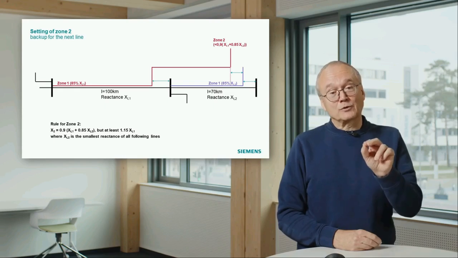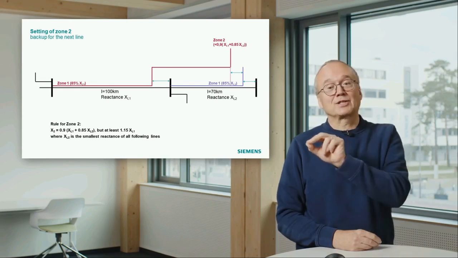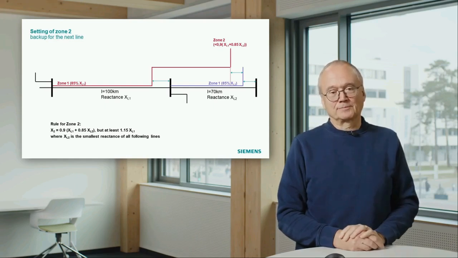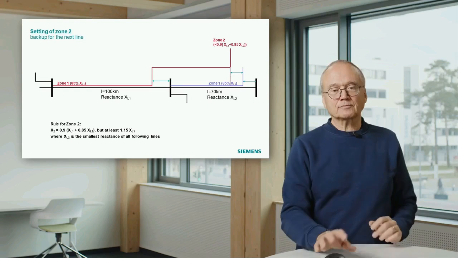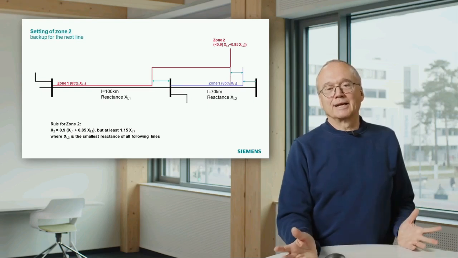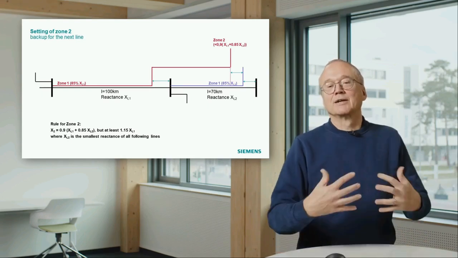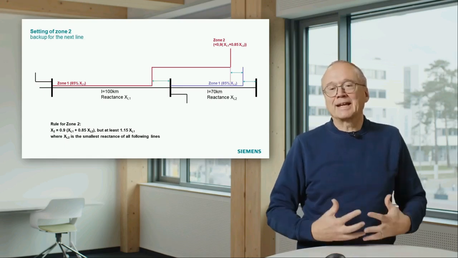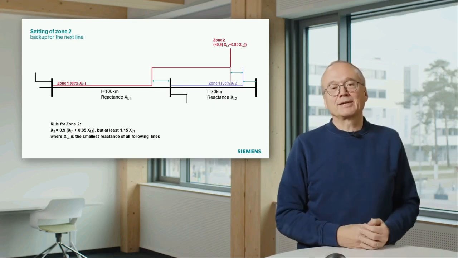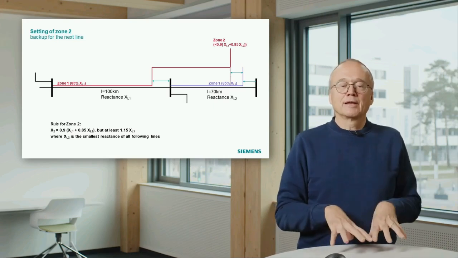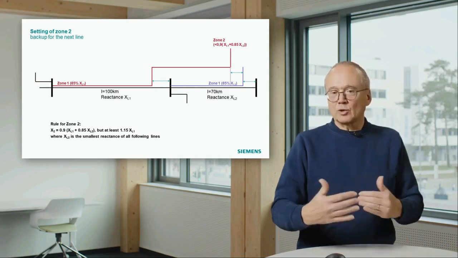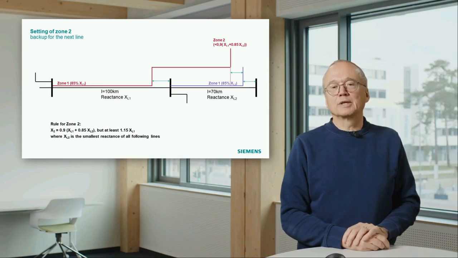And there you have to take the smallest next line, or the next line with the smallest resistance, or reactance, sorry. And you can imagine, if you want to do that calculation for a bigger system, again, doing that by hand is a bit of a tricky thing. And for that reason, this type of grading, calculating of the zones, is normally done by computer programs.